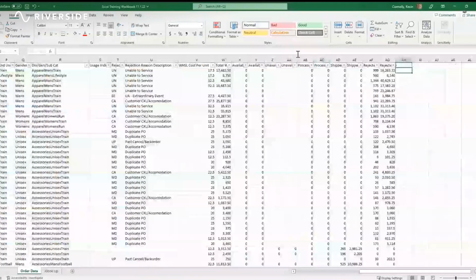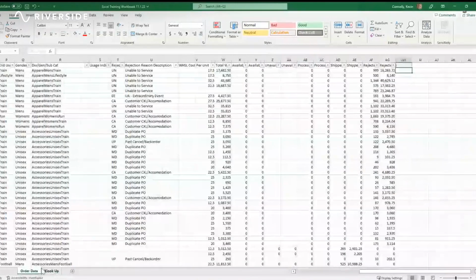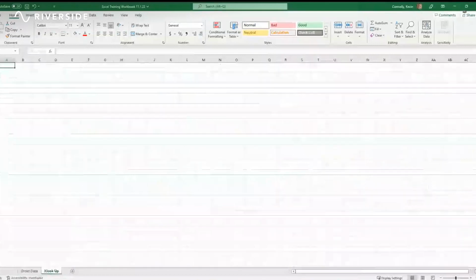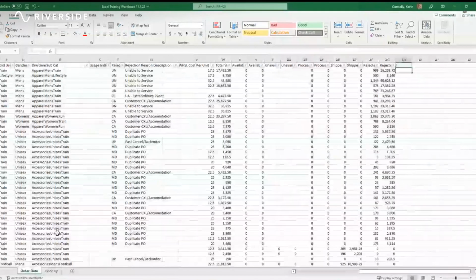And then it also means that we're going to clearly label our tabs here. So you can see we have order data, we have XLOOKUP, which we'll be filling out further in a moment here. And then if we add any other tabs in this workbook, we'll make sure they're clearly